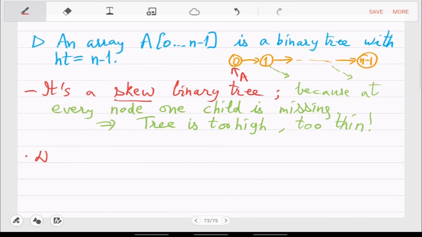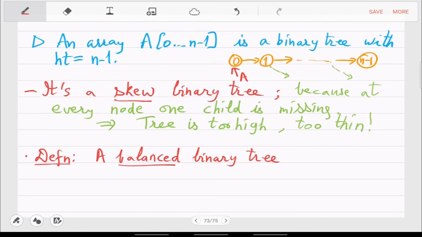So this will be an important concept which will give you the exact data structure that you needed. So a balanced binary tree should be what, in your opinion? Yes, so what will you get if you had 2 children at every node?